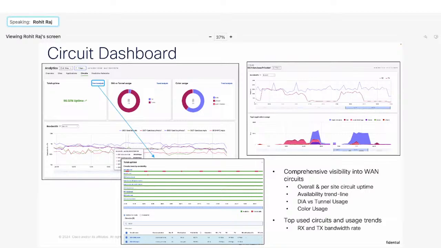And next you see we have introduced the DIA versus tunnel usage across the SD-WAN locations. So that is basically showing you how much traffic is going over the DIA circuits, like the direct internet access circuit, or how much traffic is going over the SD-WAN tunnel. And that's how you can clearly see the split of the amount of traffic going over the tunnel versus DIA circuits, right? And next you see the color and TLOC, so that within the SD-WAN fabric,